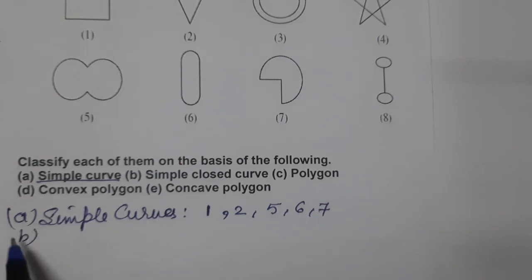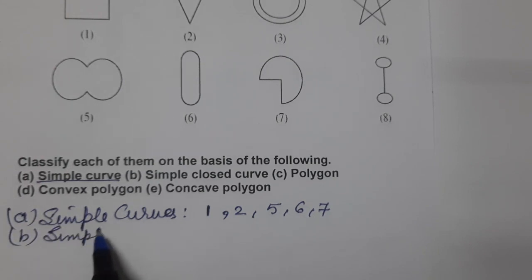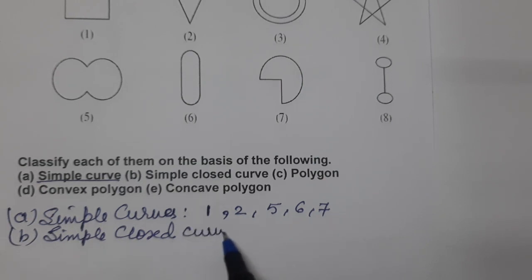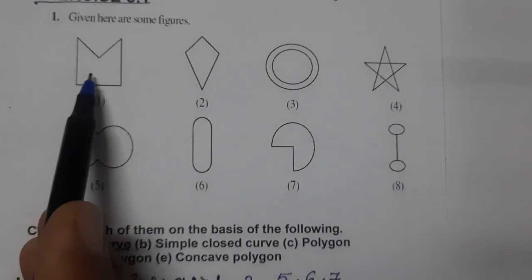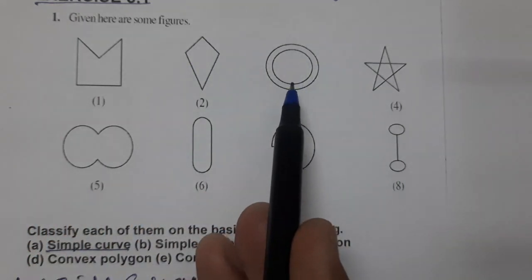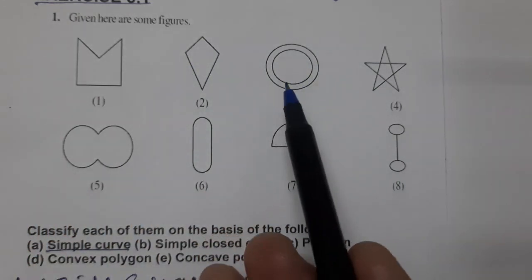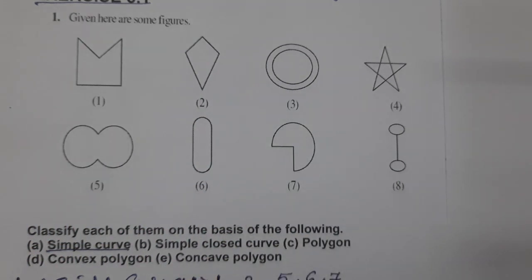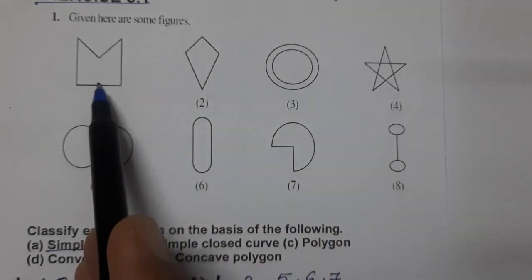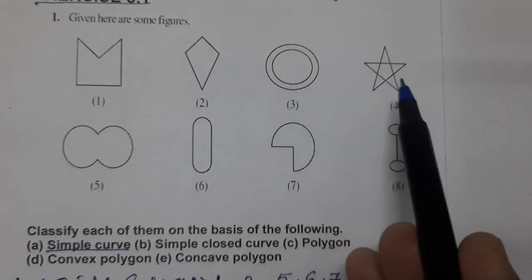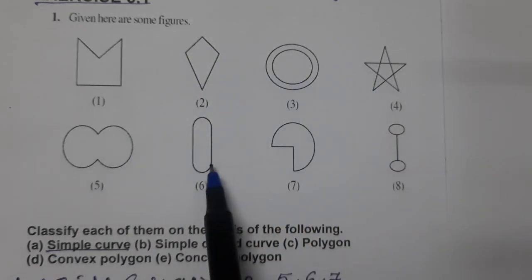Next is simple closed curve. That is simple and also closed. We don't want the open one now. Simple closed curve. So let's see which are simple and closed also. Just again look at the figure. See which are simple closed. So this is simple closed. This is not a simple curve. First of all, don't look at that because this is not a simple curve. If it is a simple curve, then only we will find out simple closed curve. First it is simple curve, then only closed curve. So simple closed, simple closed, simple closed.